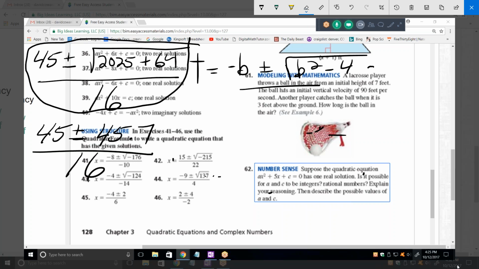So hold on. One of them gives you a positive number, the other gives you a negative number. Notice that if I do 45 minus 45.7, I get a negative number. Can you have negative times? No. So we're going to wipe that one out and just do the positive answer, which is